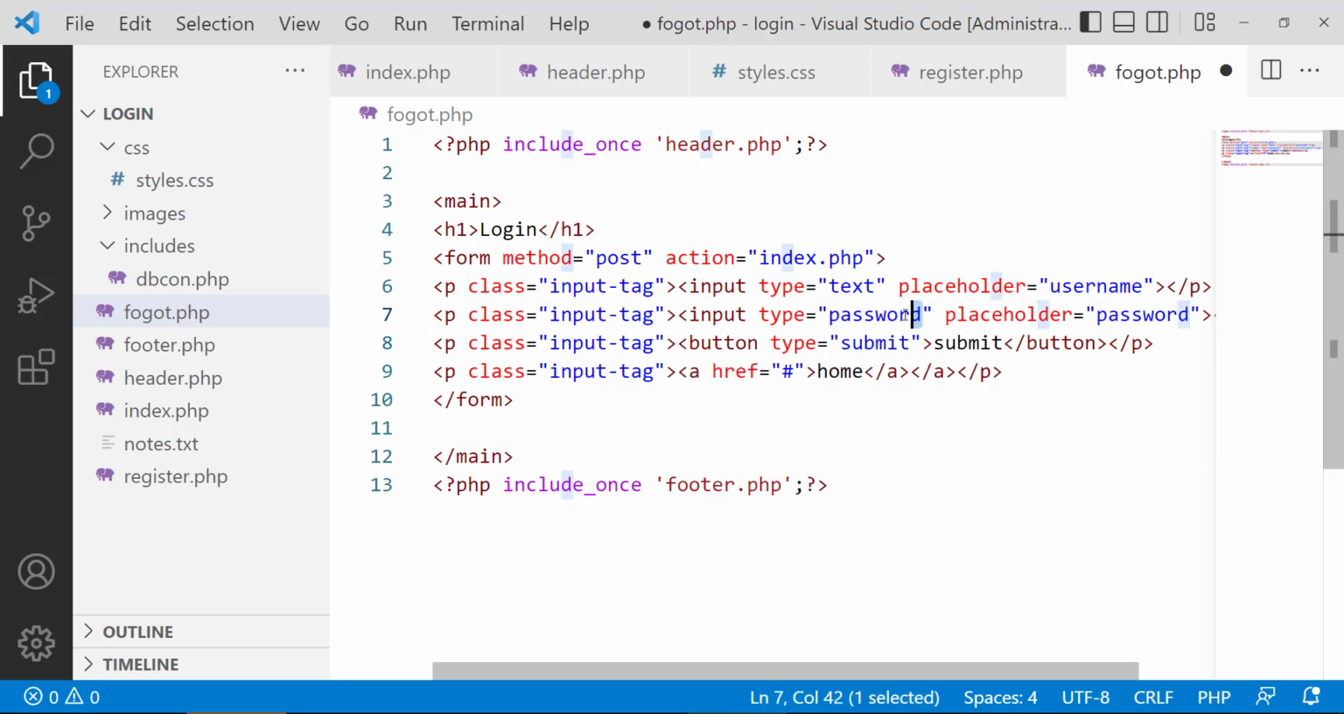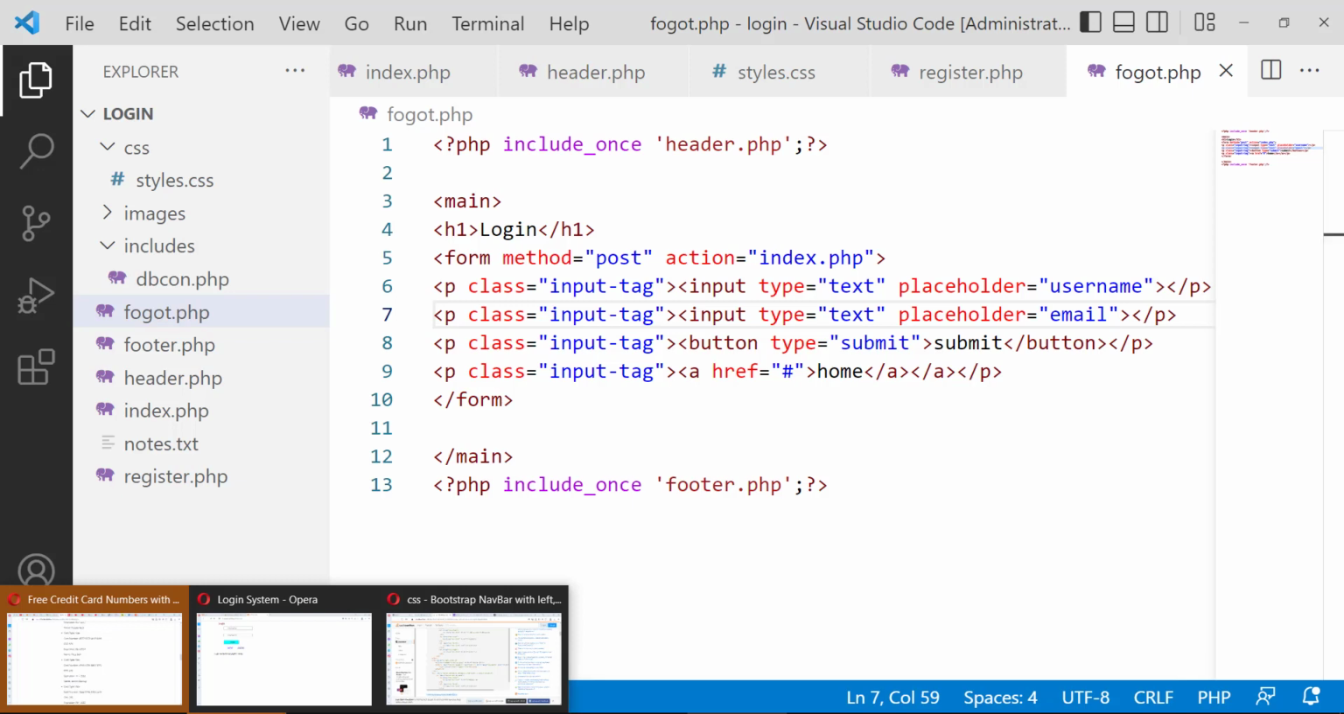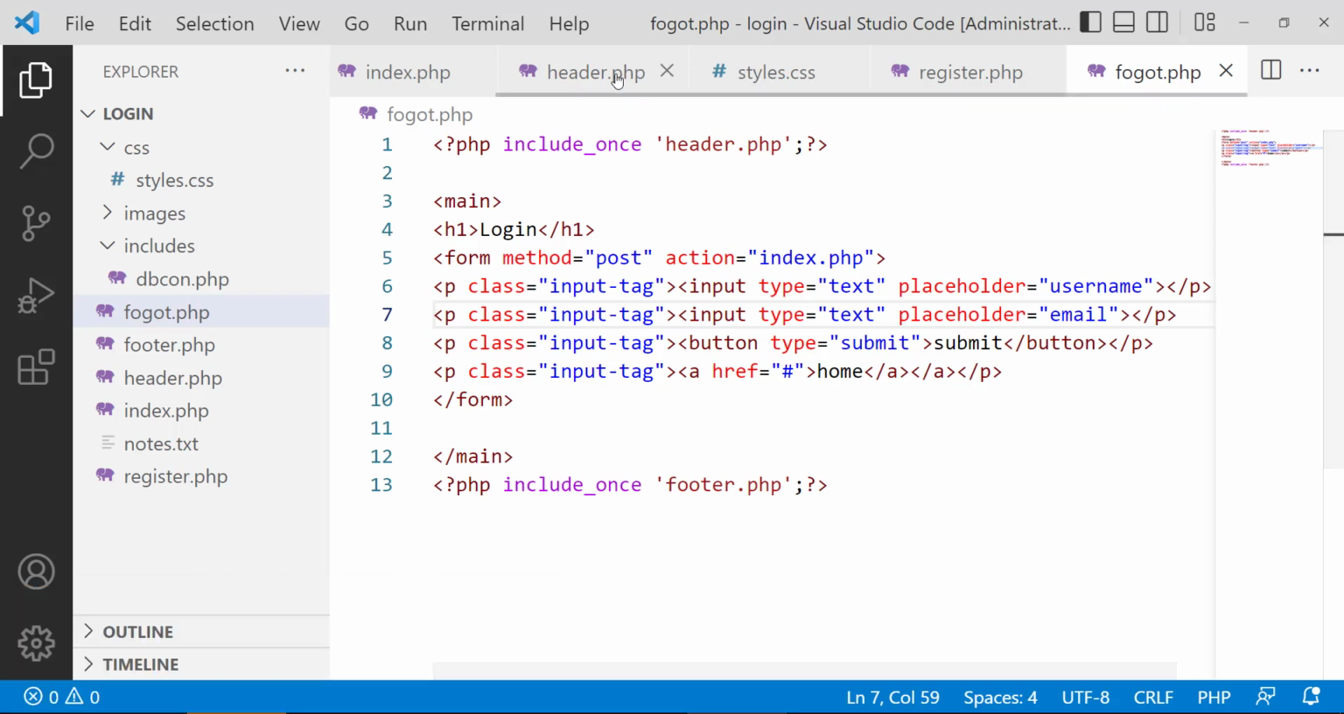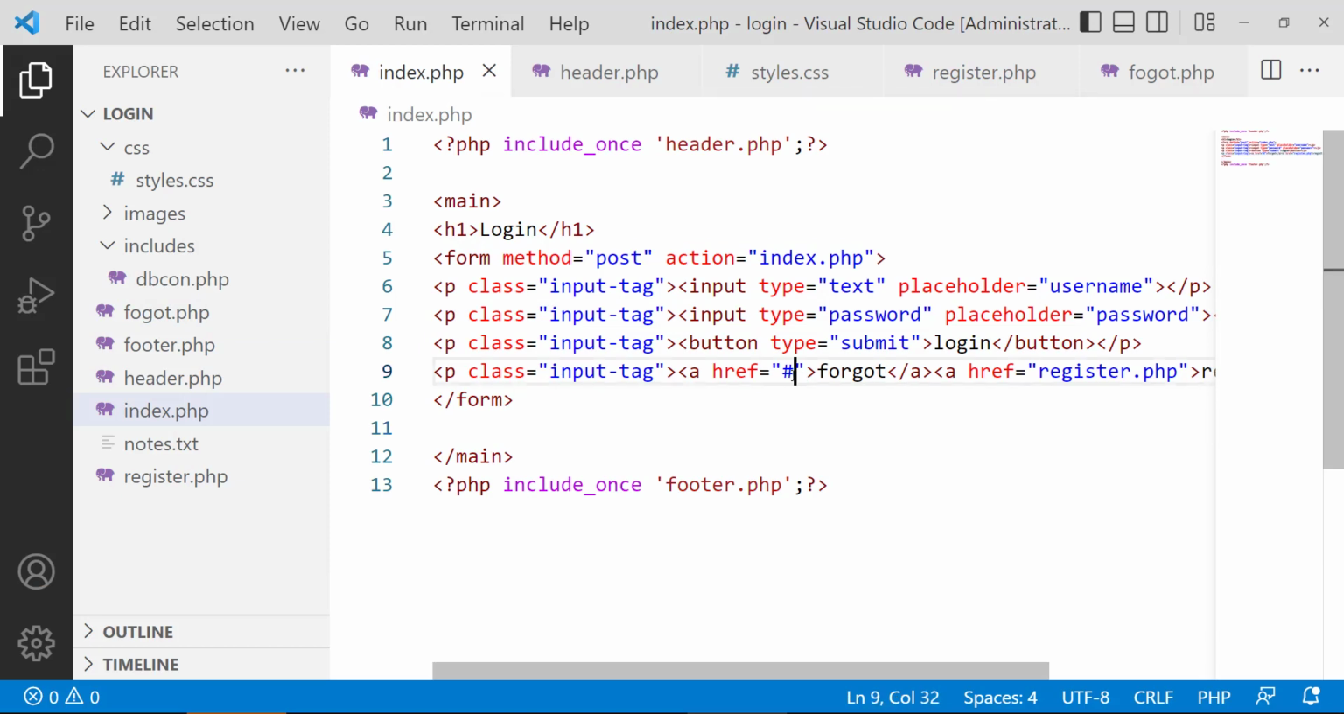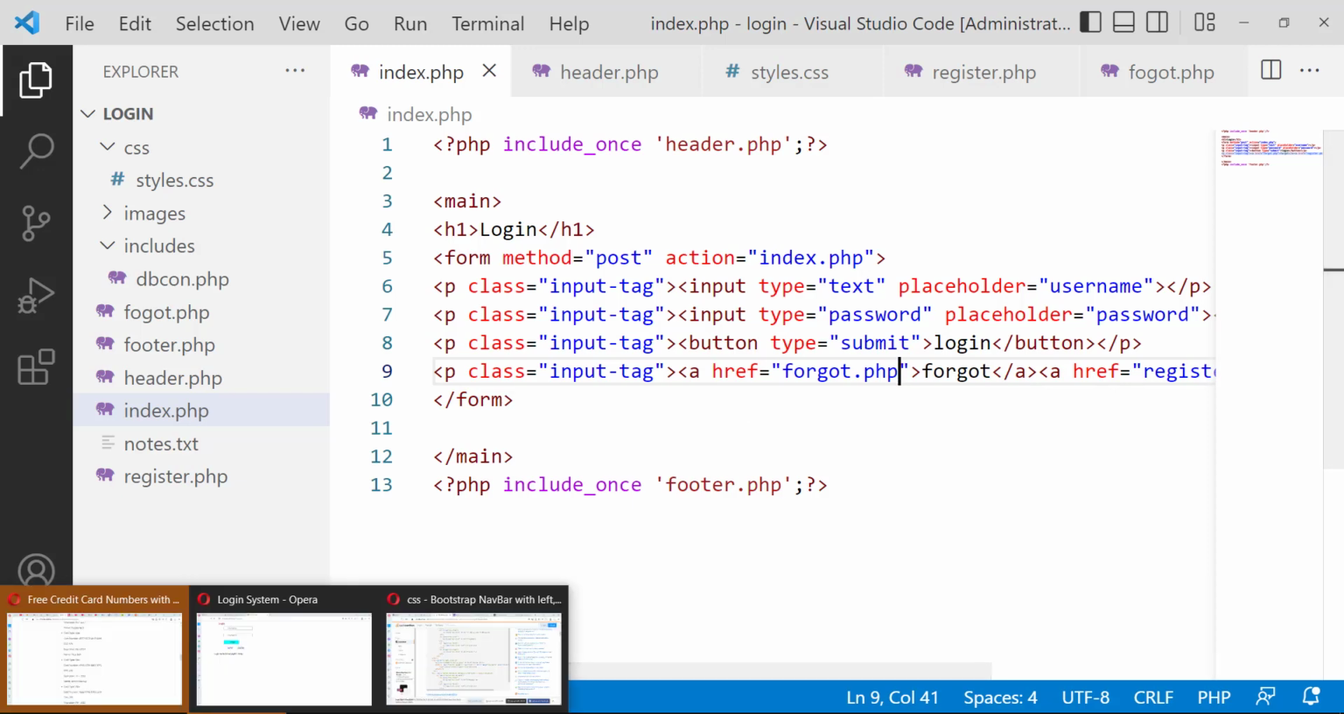This then becomes text. The placeholder now becomes email, and the top tag becomes username. Okay, so if we save that, we can now change our index, and then we put forgot.php, click on save, and this then gives us